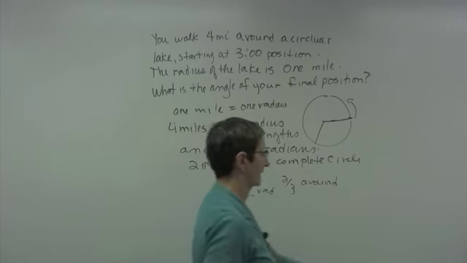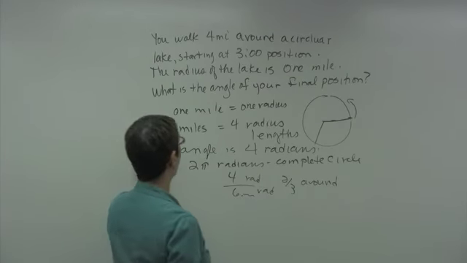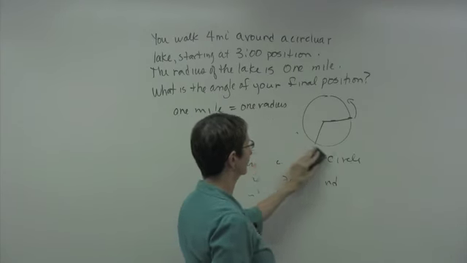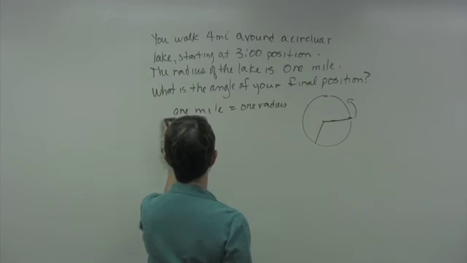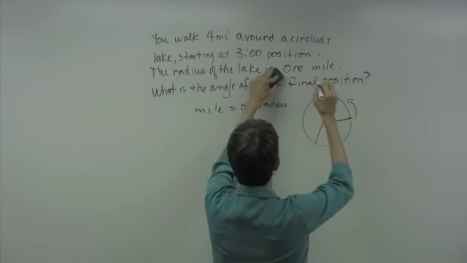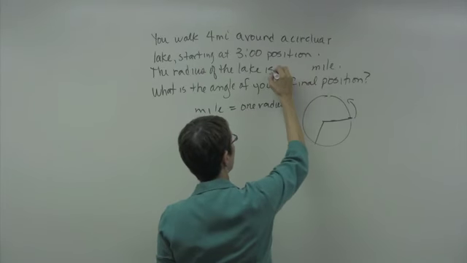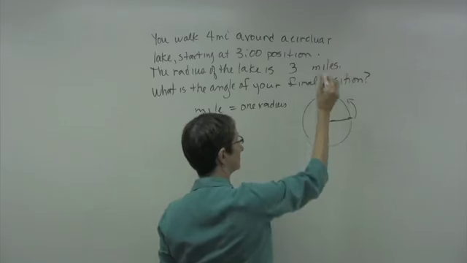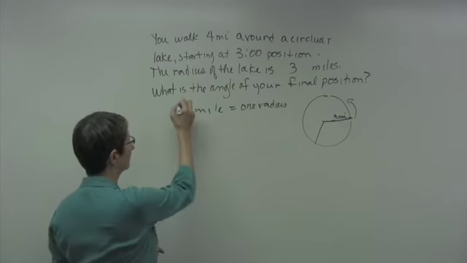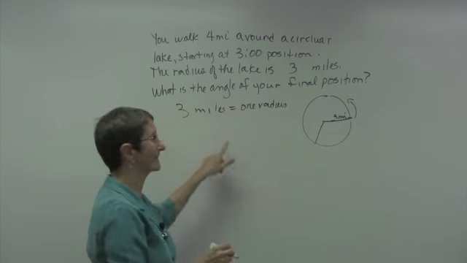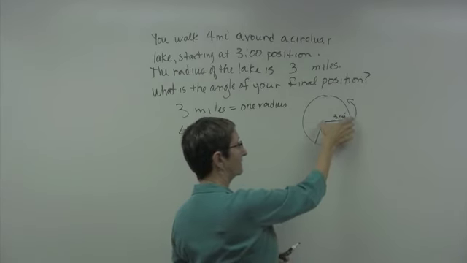Let's make it a little more complicated. Instead of a radius of 1 mile, let's make it a radius of 3 miles. Right here. I'm still going to walk 4 miles. My radius now, though, is 3 miles. So this is a 3-mile radius. Well, if 3 miles is 1 radius and I'm only walking 4 miles, I haven't really gotten very far beyond